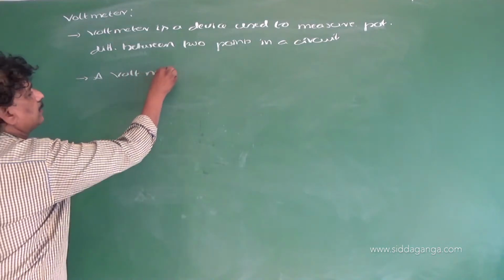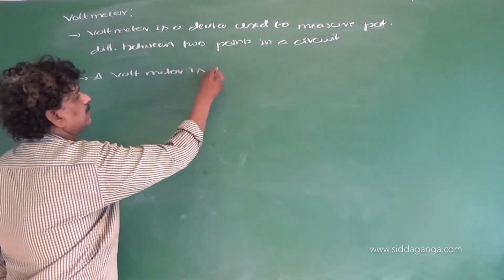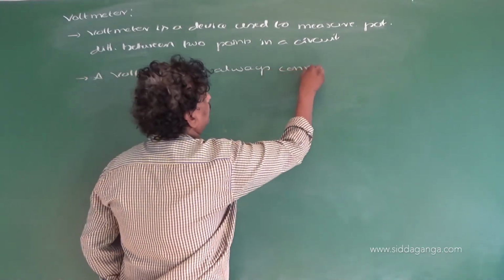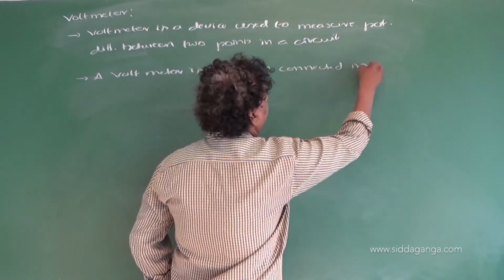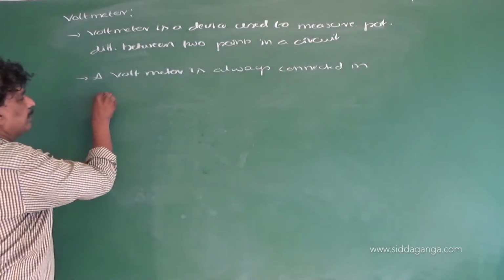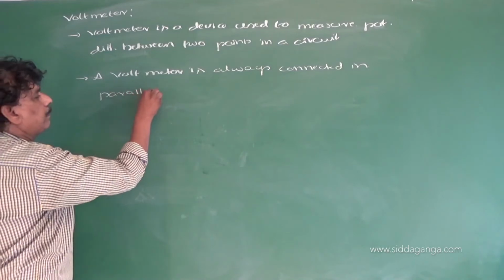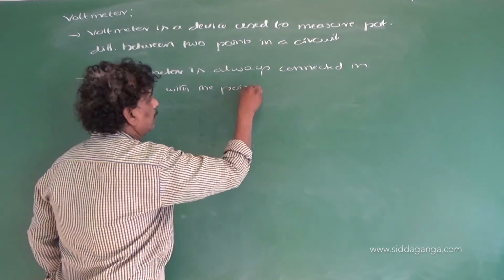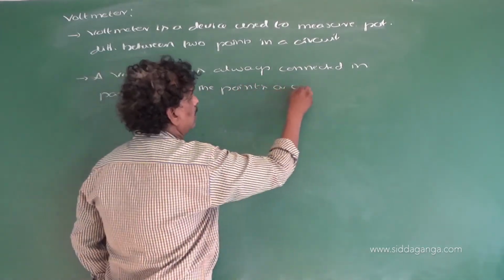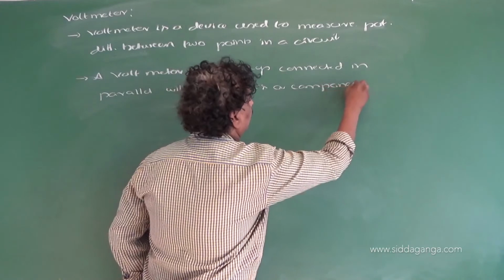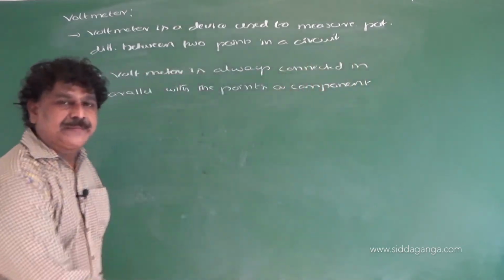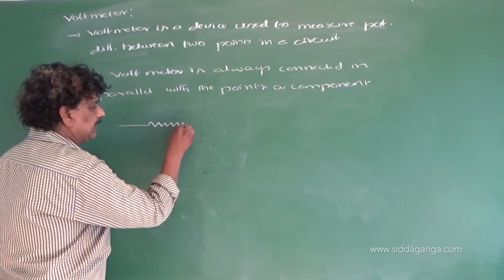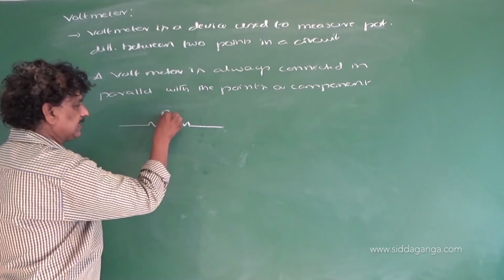A voltmeter is always connected in parallel with the points or component, right? For example, we have a circuit consisting of a resistance R